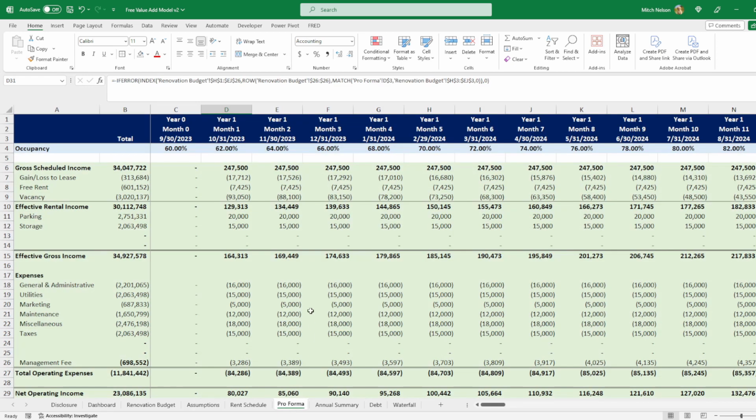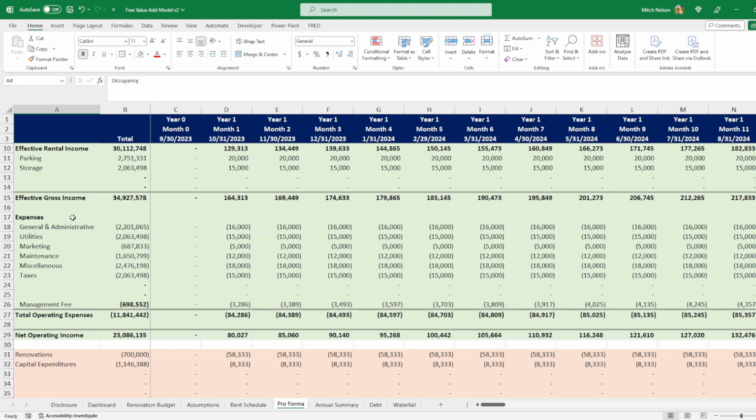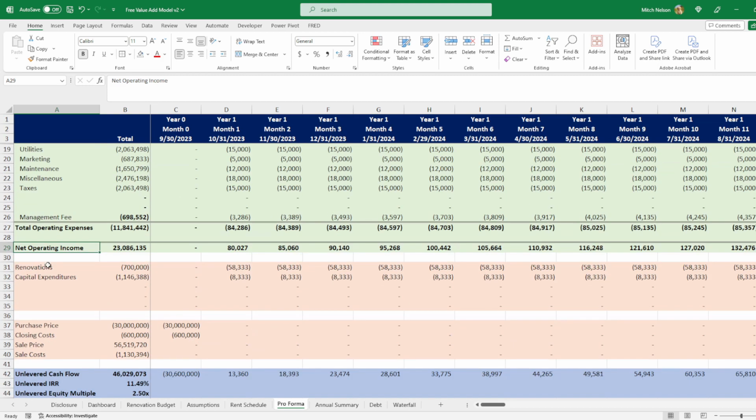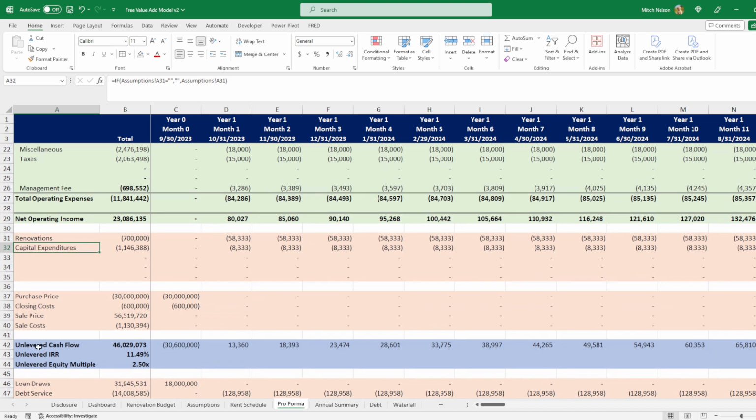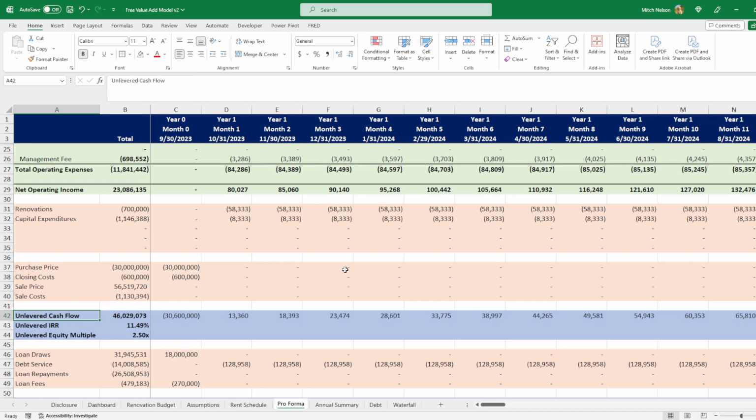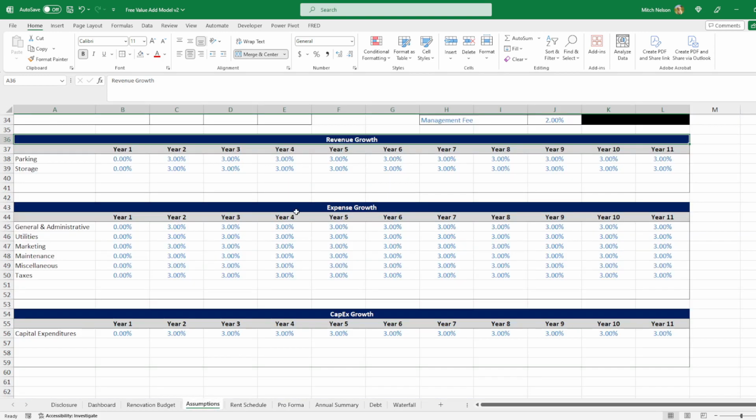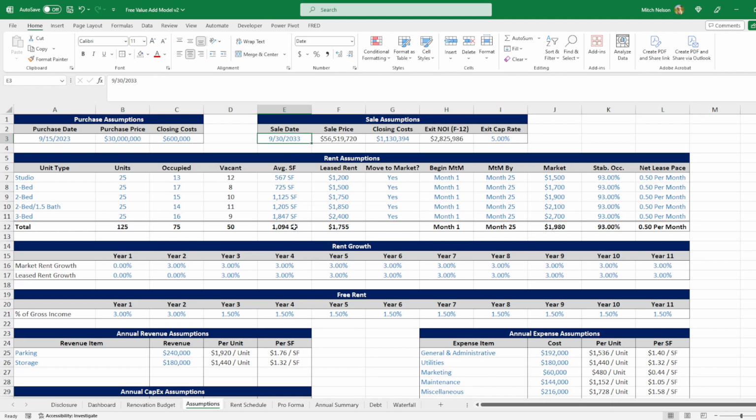So our pro forma, we've already gone through pretty quickly. I just list the occupancy up at the top, then get our NOI, break out our renovations and CapEx, include the purchase and sale, and then from that, I break out the unlevered cash flow, as well as the unlevered IRR and equity multiple. And this only includes cash flows through your sale date, so if you go to the assumptions, you can see that we set this for